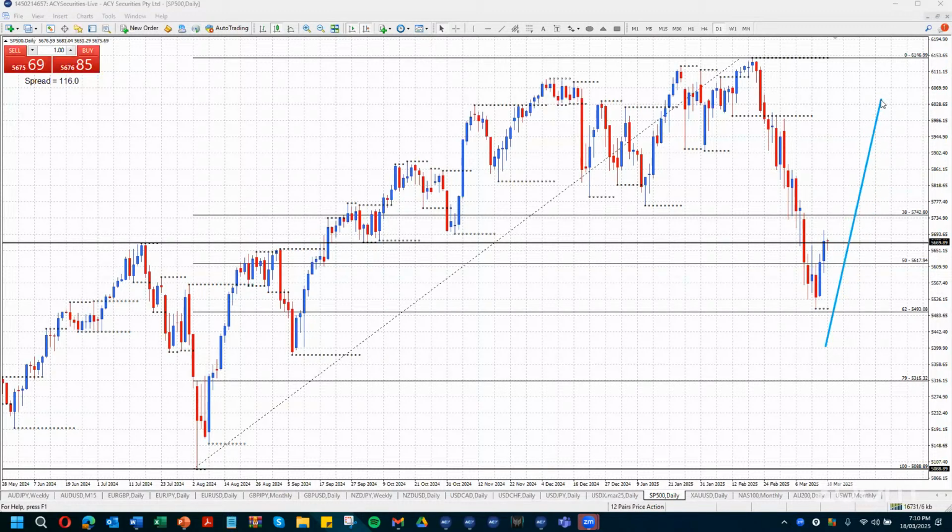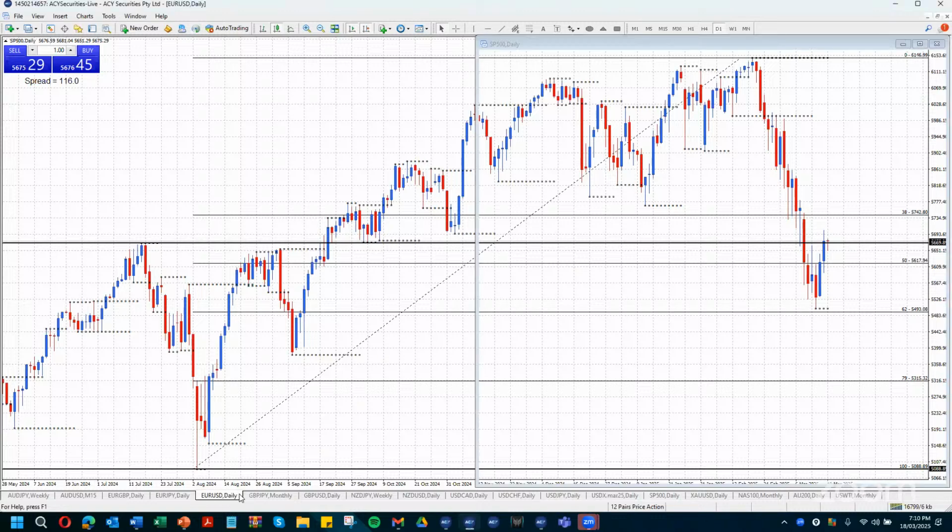Now we may form a lower top on the weekly chart at some point, but I anticipate that we're going to come back up and have a rally up here first of all. So I would be looking for my setup to get long if I trade the indices. But over the coming week, have we put in this low here to form a higher bottom, or do we come down to the 79% level and then reverse and form a higher bottom? Those are the things I would be looking for.